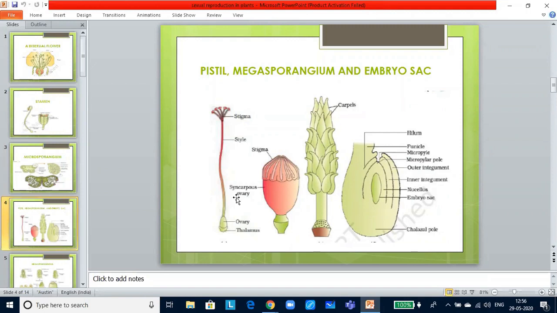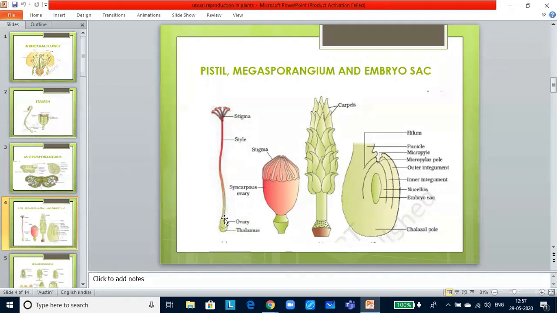The stigma serves as a landing platform for pollen grains. The style is an elongated, slender part beneath the stigma. The basal bulged portion is the ovary. Within the ovary, there is an ovarian cavity, and arising from the placenta are the megasporangia, commonly called the ovules. The number of ovules may be one as in wheat, paddy or mango, or many as in papaya, melon or orchids.